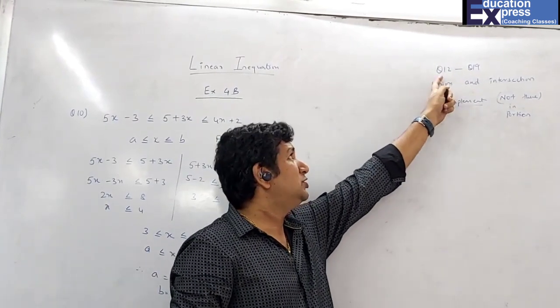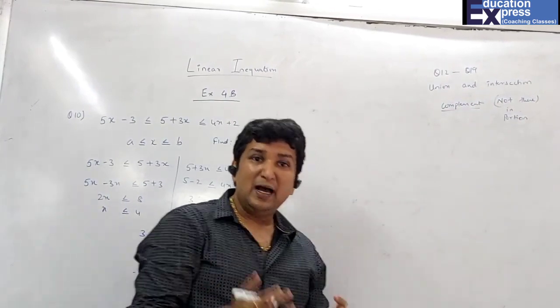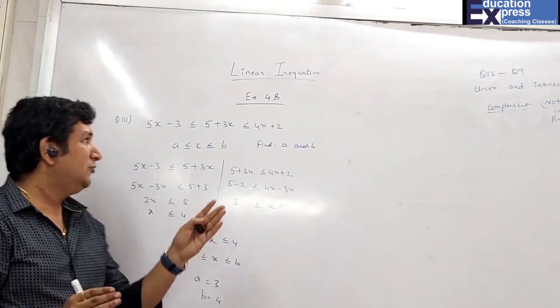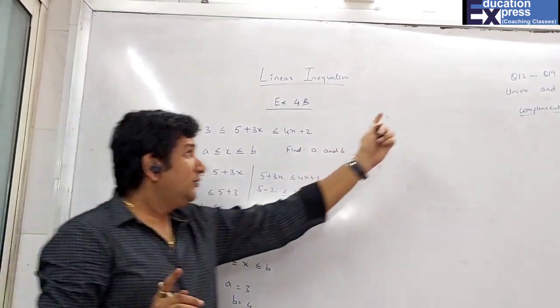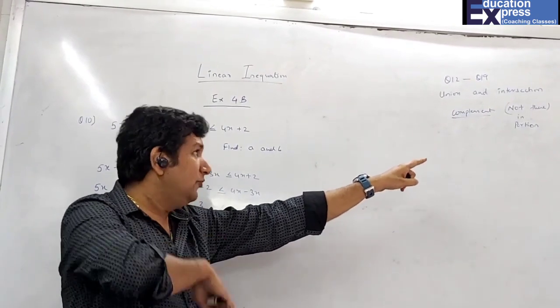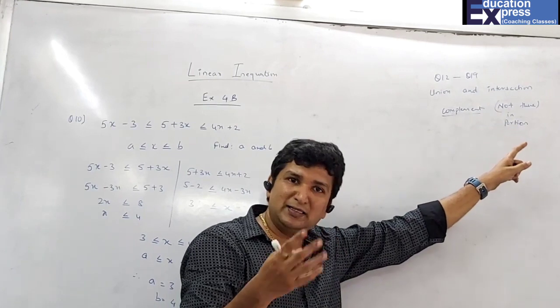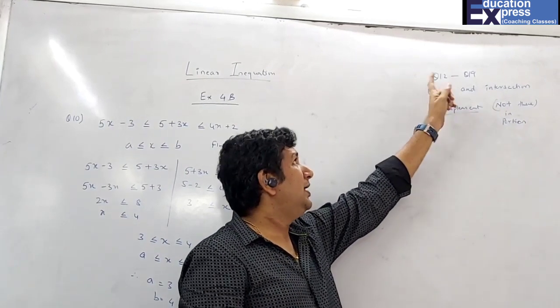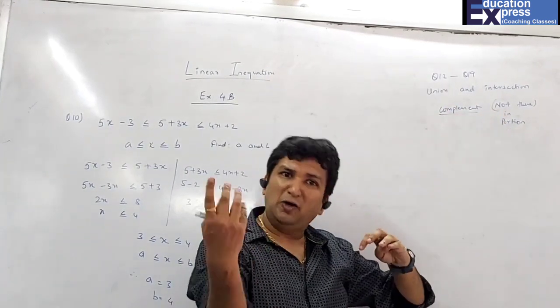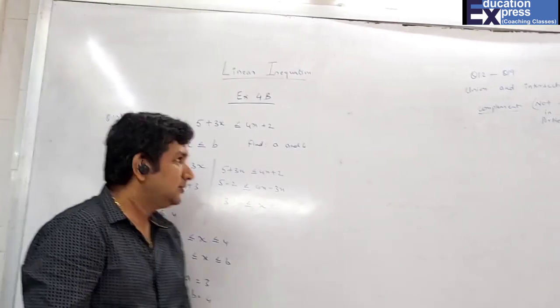So this part, question number 12 to question 19, I'll do in the last. So first, again I repeat, I have finished till question number 11. Question 12 to question 19 has union, intersection, complement, of which we will be doing union and intersection, but the complement part is not in the syllabus. So for question number 12 to question 19, a few questions are not there also. So that I'll do in the last. Now I'm starting with question number 20.